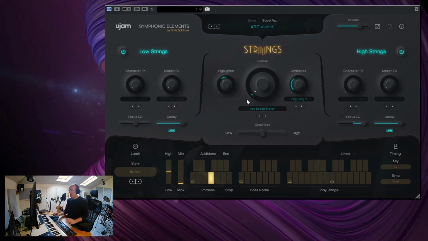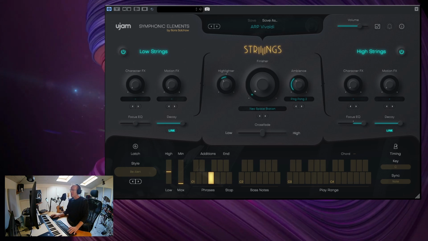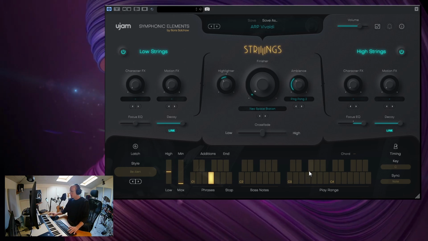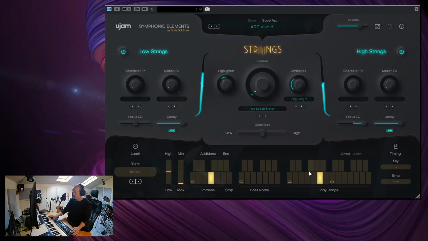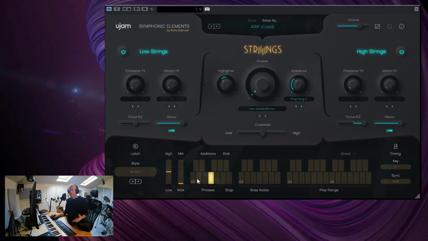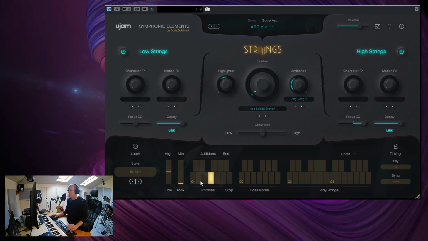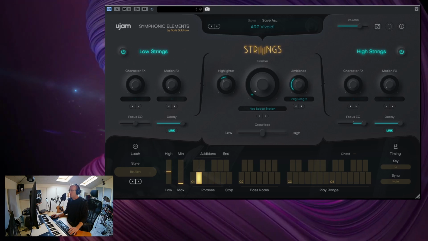Now, the key mapping here is very important. So we're playing from C3 on our keyboard onwards. That is where we play. And then we can control the phrases for that particular style. So, for example, if I go to this phrase,